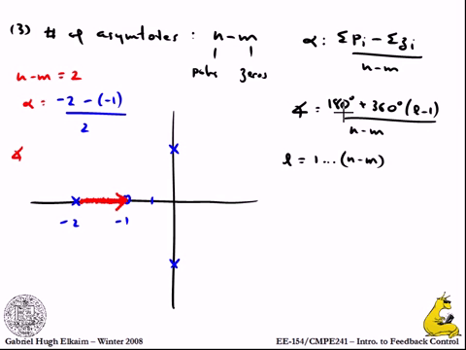right, is going to be 180 plus 360 times L minus 1, the whole thing divided by, right, so 180 divided by 2 is 90. If I add 360 to it, I get 270 or minus 90. Right? So the angle is equal to plus or minus 90 degrees. Right? So I've got an asymptote